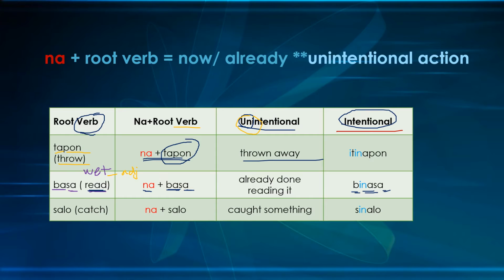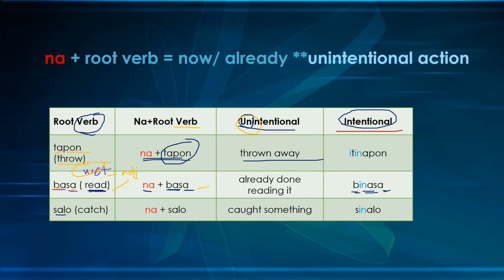Okay. Again, for read, we have basa, nabasa, binasa. For wet, we have basa, nabasa, binasa. And the last example for na is